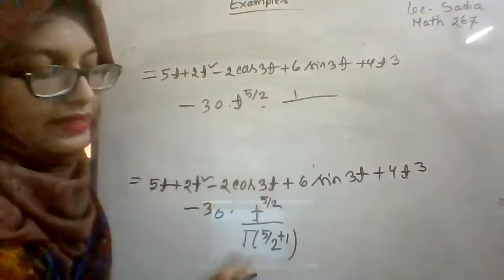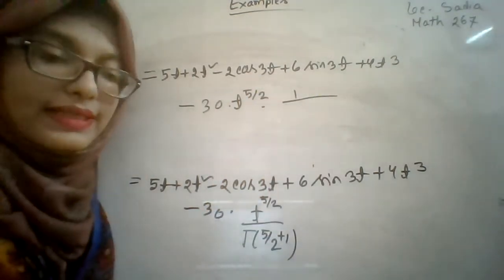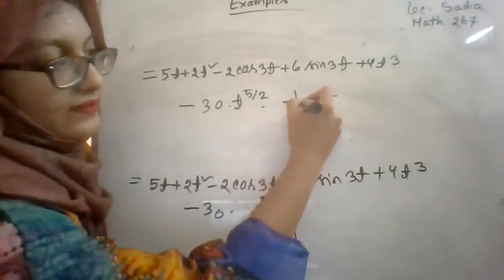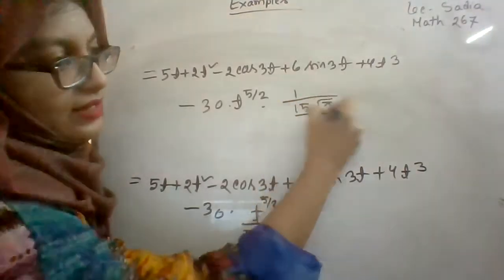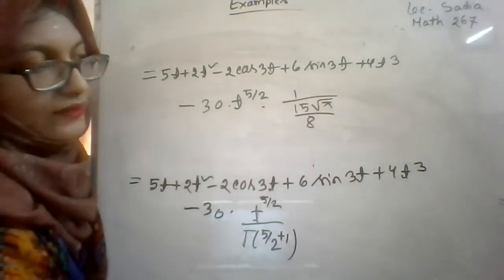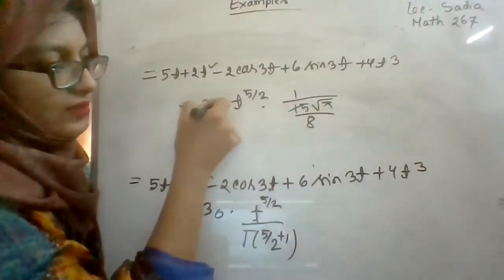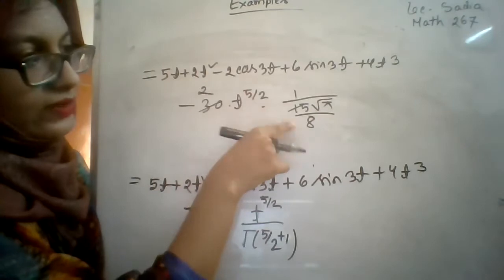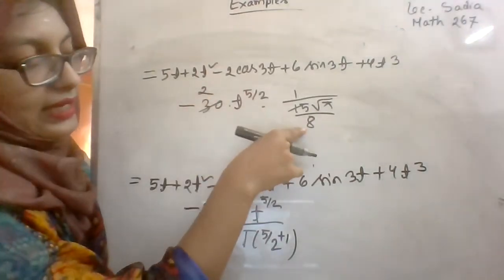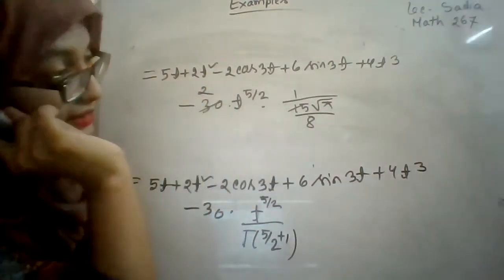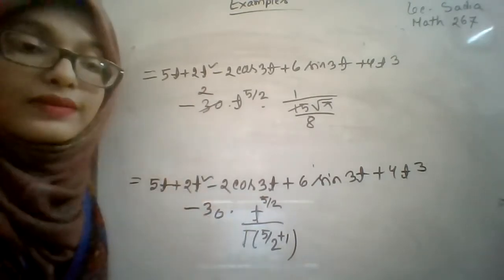And in the place of gamma 5 by 2, what is the result? It is 15 root over pi by 8, right? This 15 we consider like this. So the answer will be here 8 into 2, that means 16 root over,